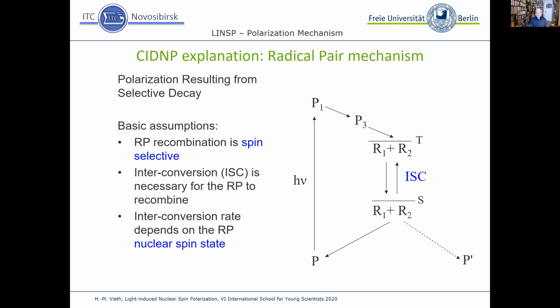We get to an excited singlet state, short-lived, and it goes by intersystem crossing to a lower-lying triplet state. And in the longer-lived triplet state, reaction, for example,